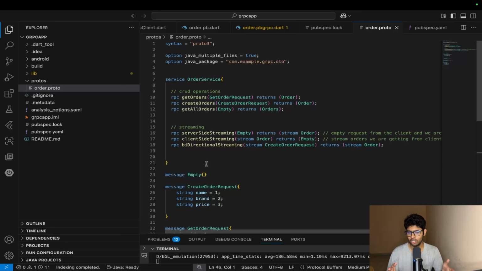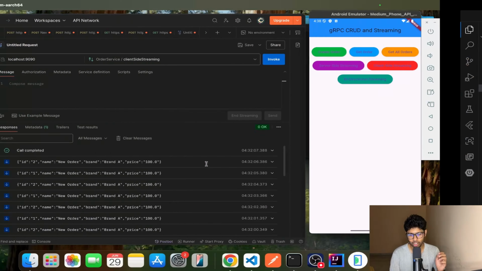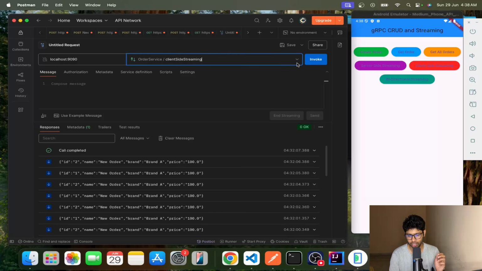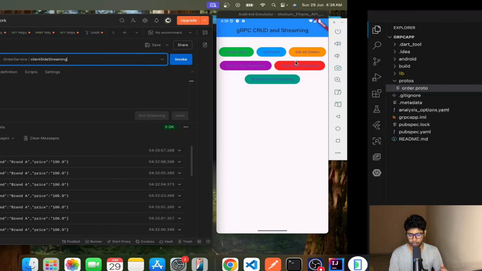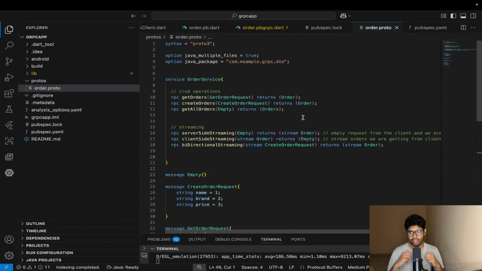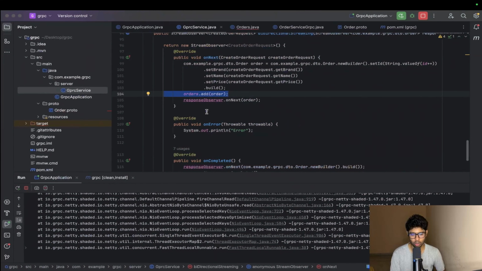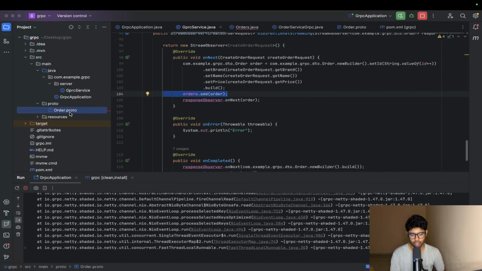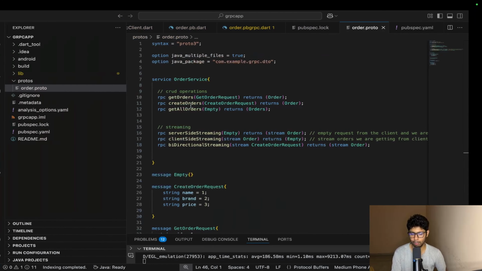Why did I create this order.proto file here? In gRPC, when you are using Postman also, there is an option where you can upload your proto file. So the client also needs that specific format of a proto file. We provided the same order.proto file that we used in our gRPC server. I copy pasted this file and pasted it in our